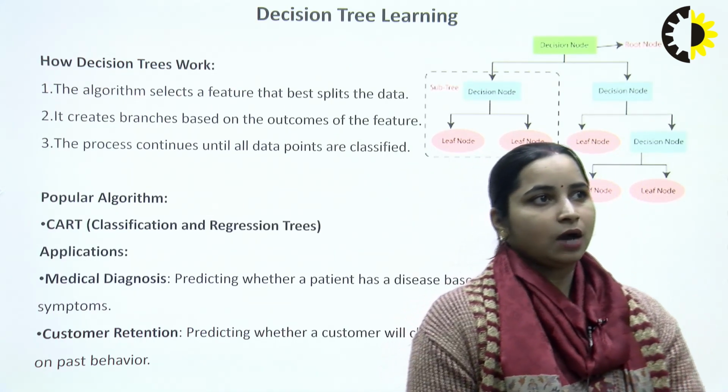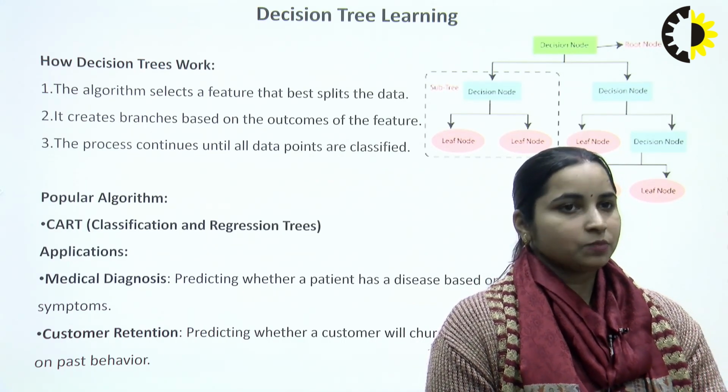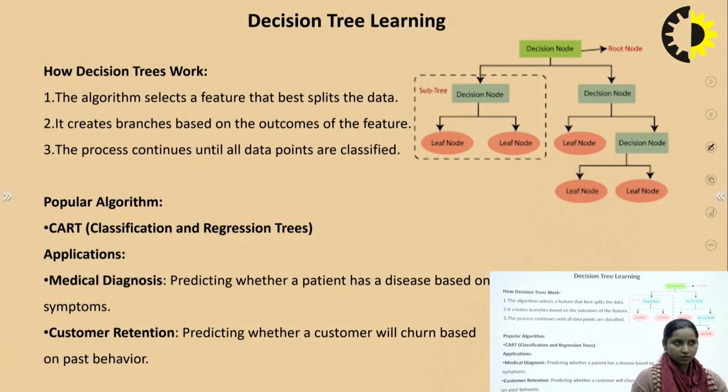So, how it works: the algorithm selects the feature that best splits the data, then it creates the branches based on the outcomes of the feature, then the process continues until the data point is classified. Here you can see in the diagram that we have the root node, that is the decision node. Then we have the subtrees, where there are also decision nodes, and the leaf node is classifying based on the decision. The popular algorithms which we use in decision trees are